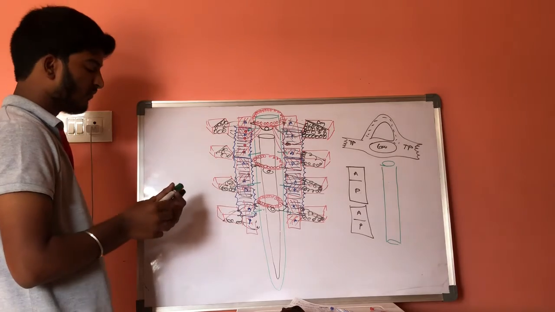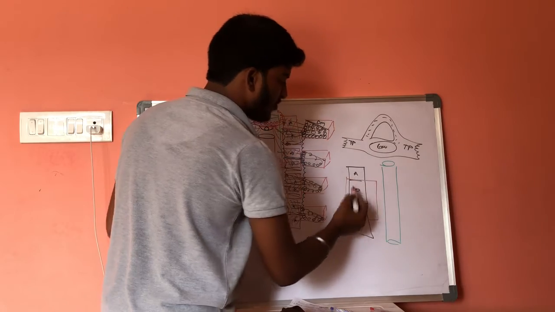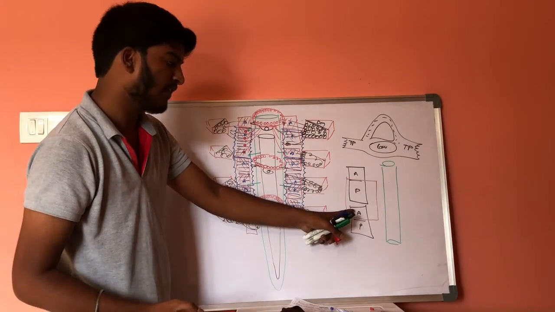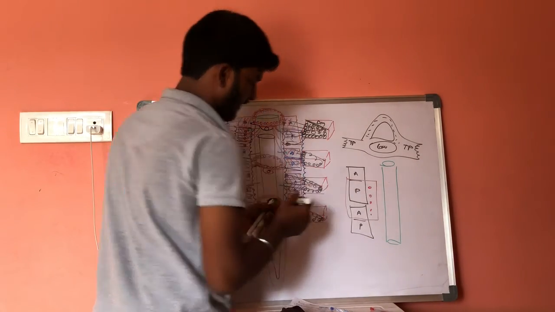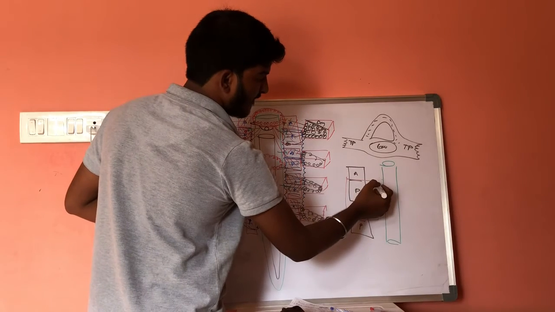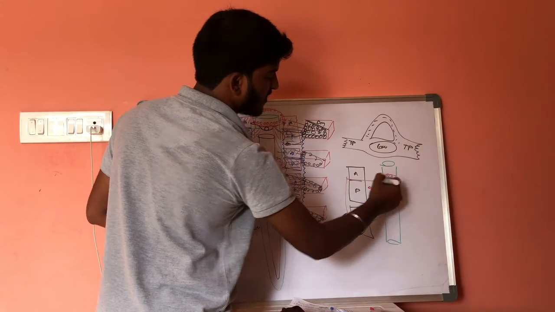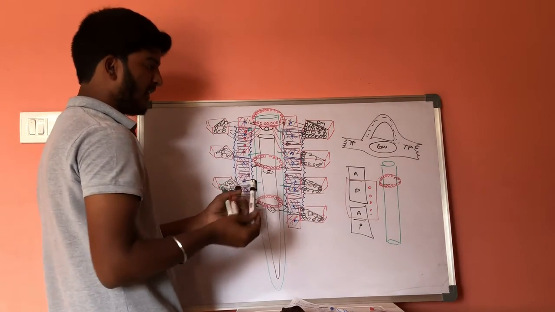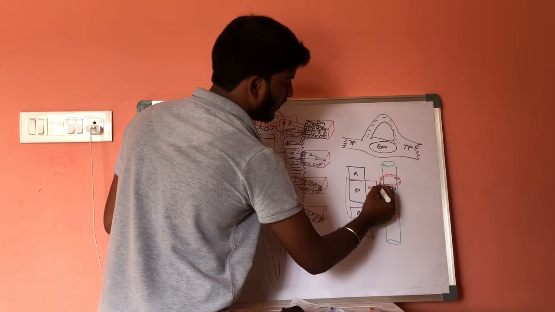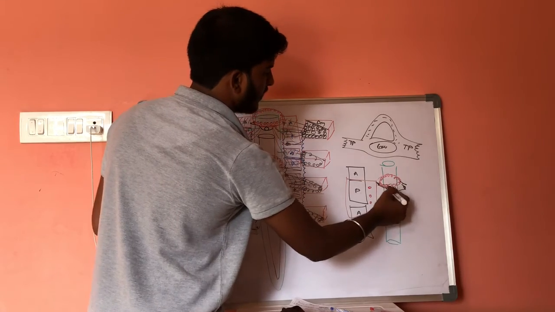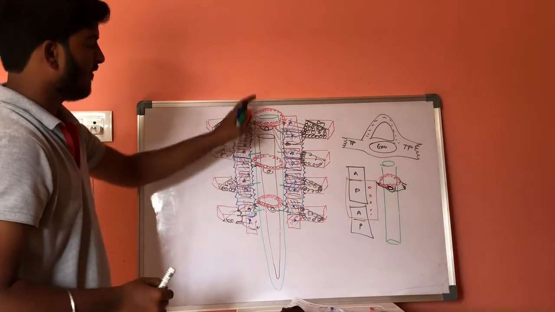Now the posterior part of one somatomere will be united with the anterior part of another somatomere and releases mesenchymal cells. These mesenchymal cells are used for the formation of vertebral arches. Whenever these vertebral arches are formed, below it is the spinal cord. It forms transverse processes. So in this way the vertebral column is formed.